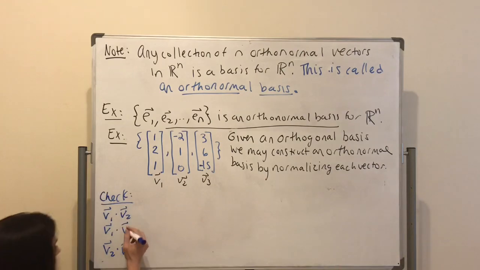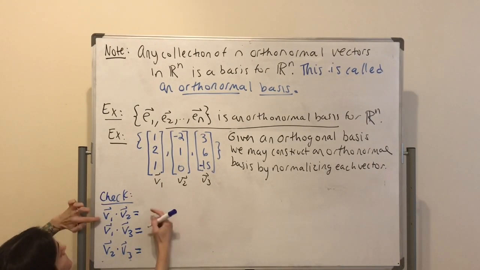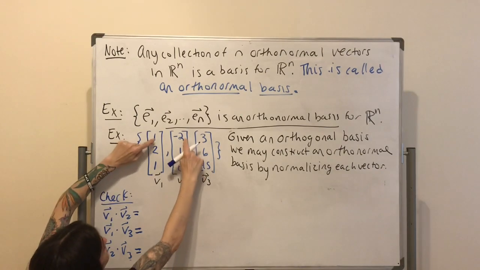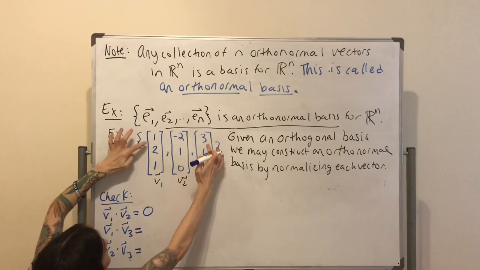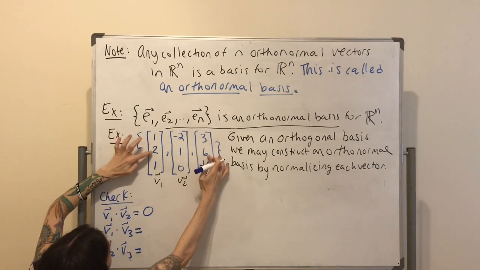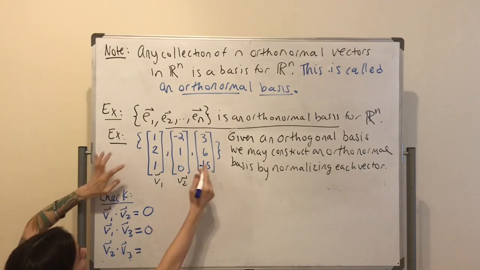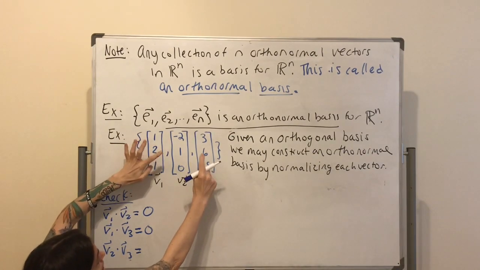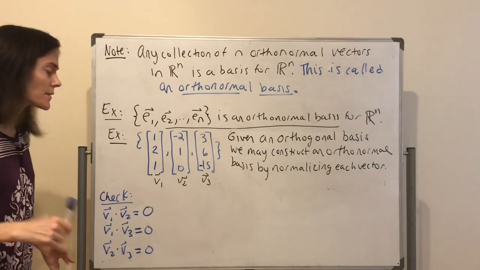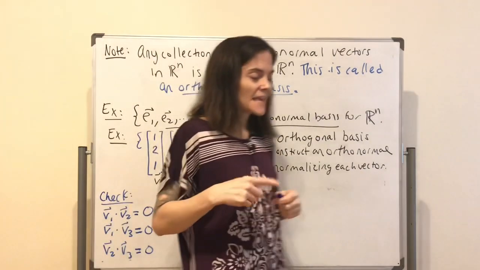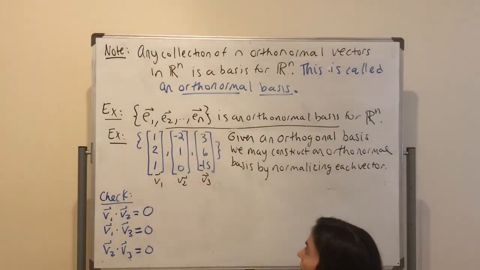So let's just check to make sure we have orthogonal vectors. V1 dot V2 is -2 plus 2. V1 dot V3 is 3 plus 12, 15, minus 15, and then V2 dot V3 is -6 plus 6. Okay, so in fact these are orthogonal. And then I can construct, well, just as it said. Okay, so what we need to do